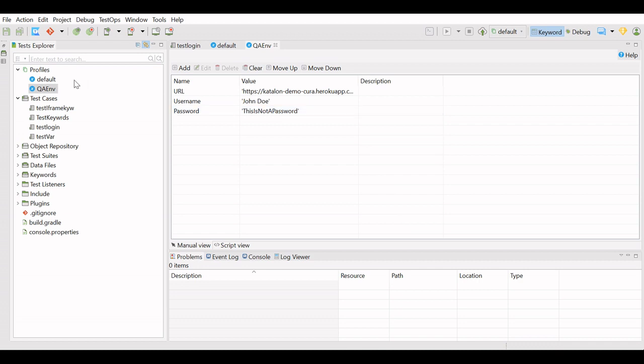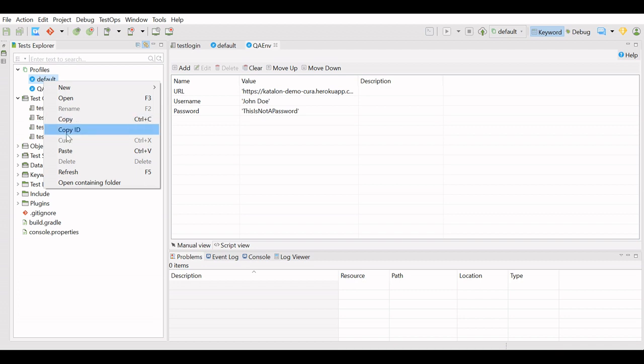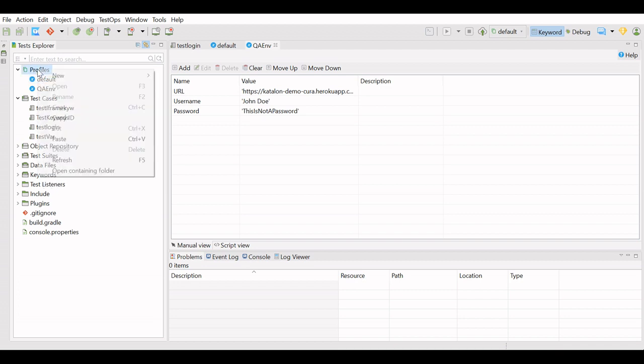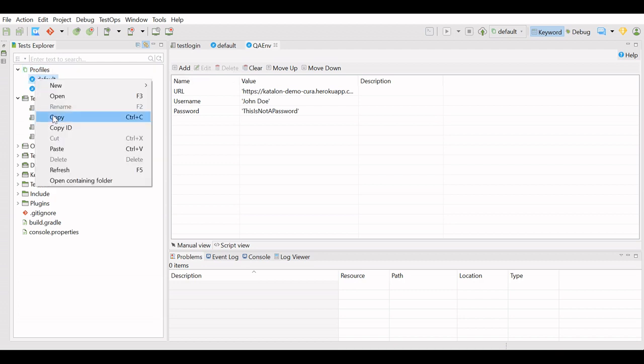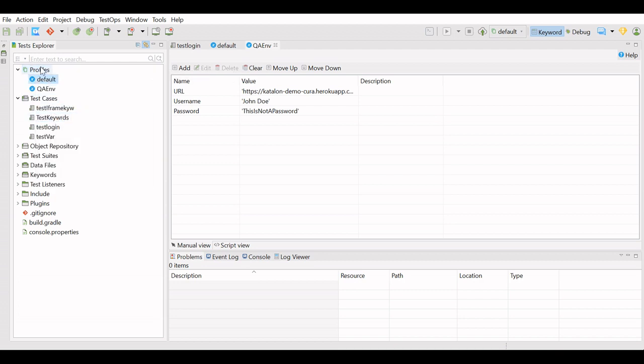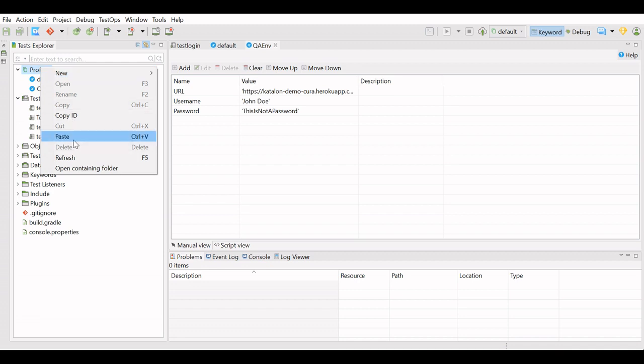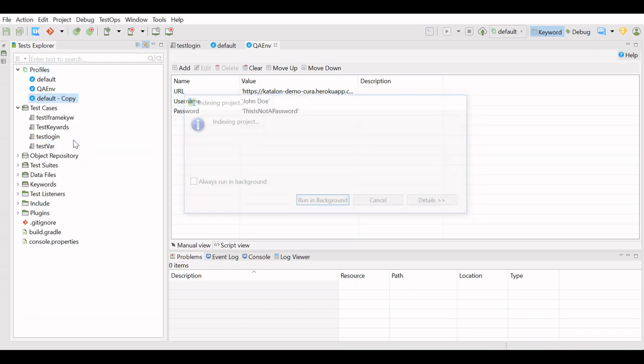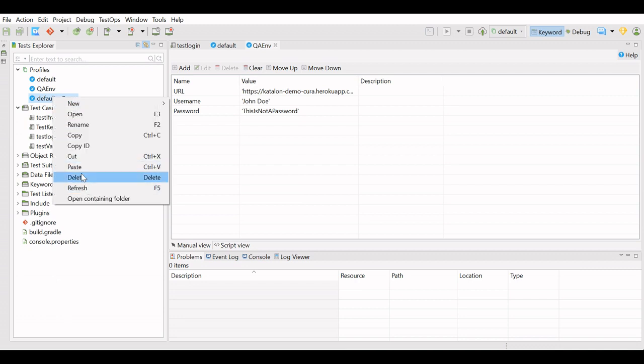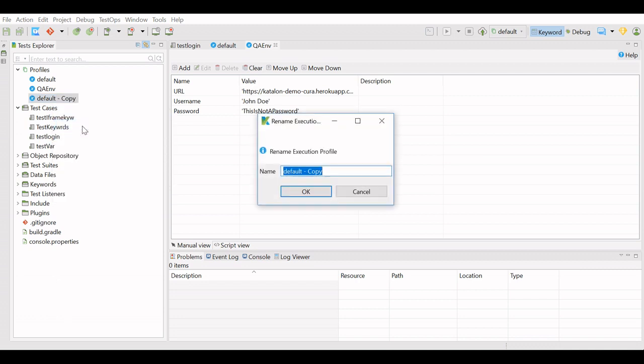Similarly, I will create another environment as prod environment. You can copy and paste it, or you can create a new profile. For now, I will copy it because we are using the same environment details, and rename it as prod env.